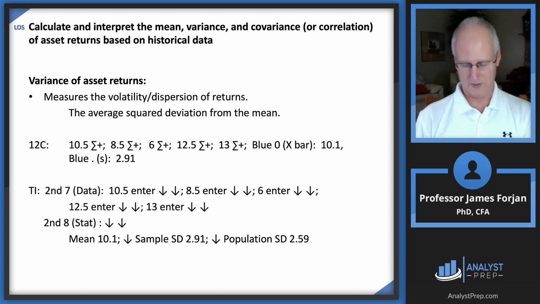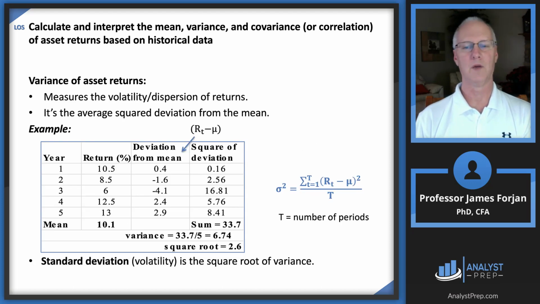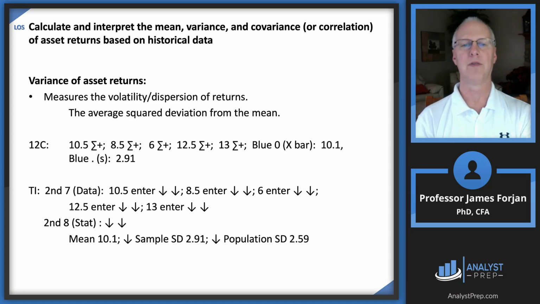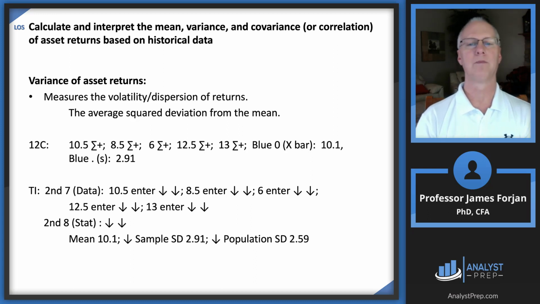Now, this is what you're going to say to me. You're going to say, wait a minute, Jim, 2.91, that's not 2.6. Hold off on that. Let me go ahead and do this quickly for the Texas Instruments people. You're going to hit your second 7 button, which is the data, and then you're just going to enter those 5 things. So you're going to do 10.5 and then hit the enter button, and then down, and then 8.5 and do all that. Once you get those 5 in there, then hit your second stat button,